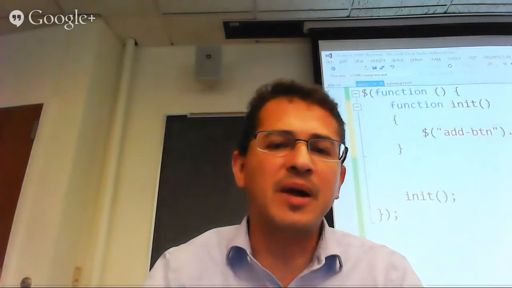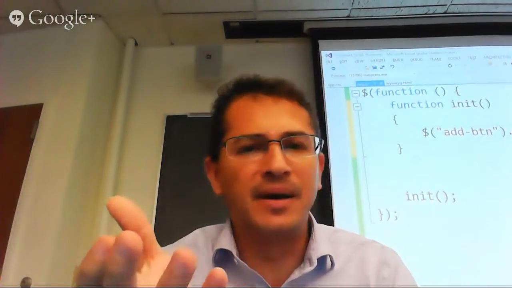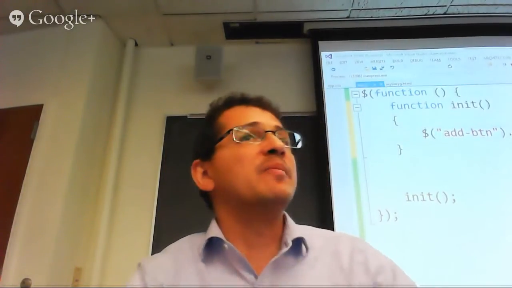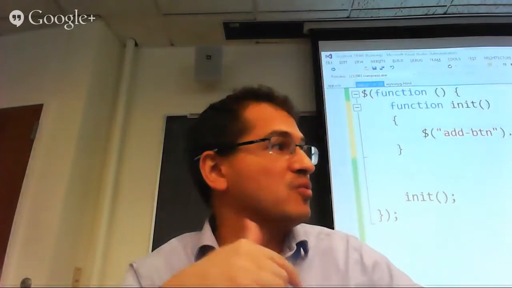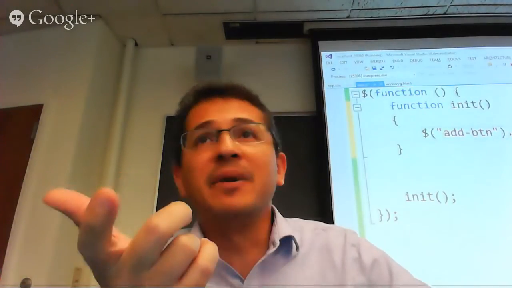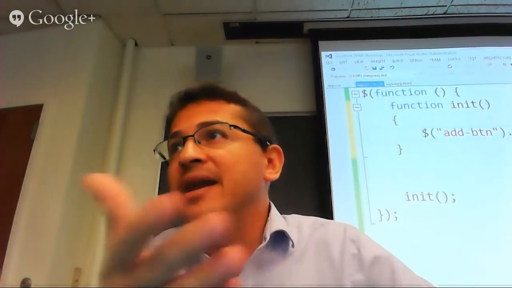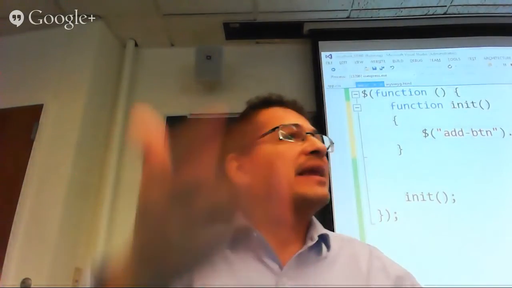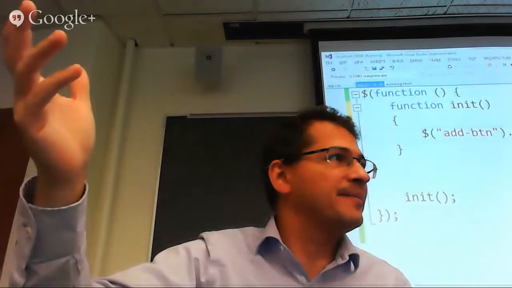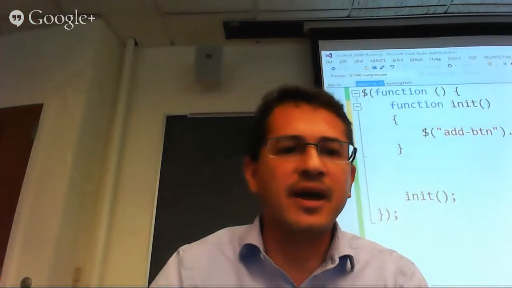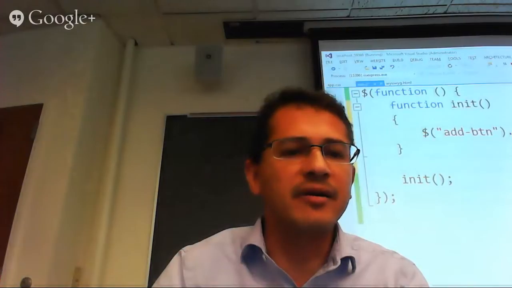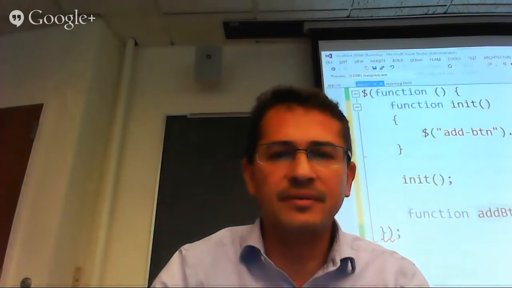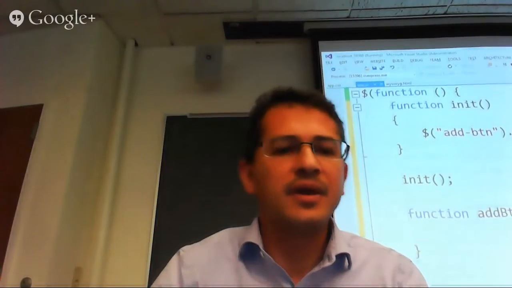Actually, we should probably call it some generic name. You know, add button handler. Why? Because we might not just want to add an element. We want to do a lot of things, of which one of them is add an element. Right. So it's better to use a generic handler name, and then in that handler do all sorts of things. Yes. Right. So here's our event handler, our function, add button handler, and in here,